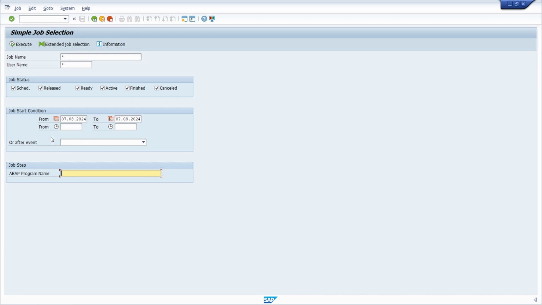Depending on your interval, so how often the report should be executed, you can also increase the range if you really want to make sure they are planned, and maybe you have to adjust the interval. But here within the ABAP program name, you enter the needed SAP security batch job reports. Let's start with a very important report, for example, the SAP